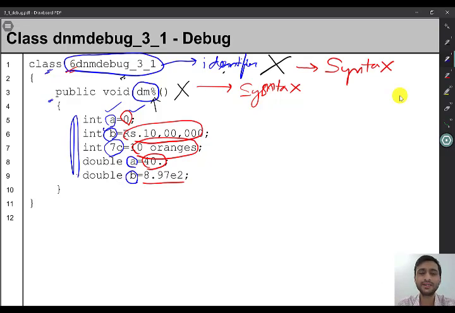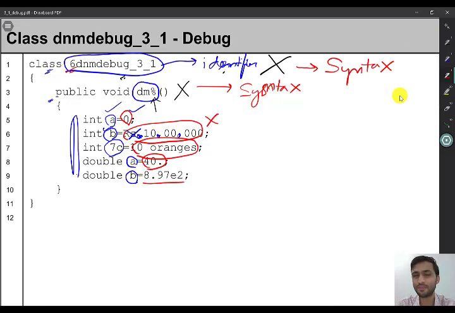And I am storing an integer value which has rupees, point, comma. Are these allowed in integer numeric rules? No. We studied literals in the last part of the videos, where integers can only be made by taking digits. If it is a negative number, you have to use a minus sign. If it is a positive number, you may or may not give a plus sign. Except that, nothing is allowed. So here rupees is not allowed, dot is not allowed, comma is not allowed. So this is a mistake. This is a wrong integer constant.